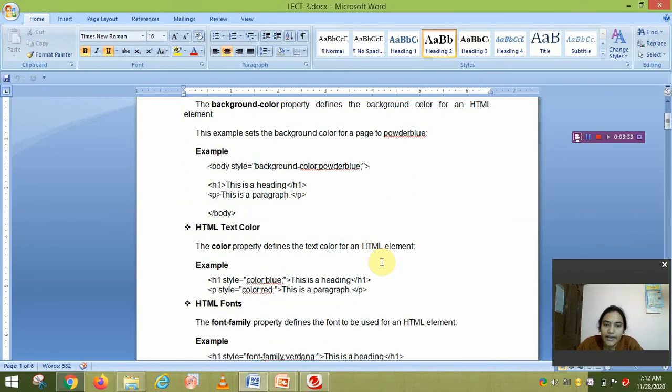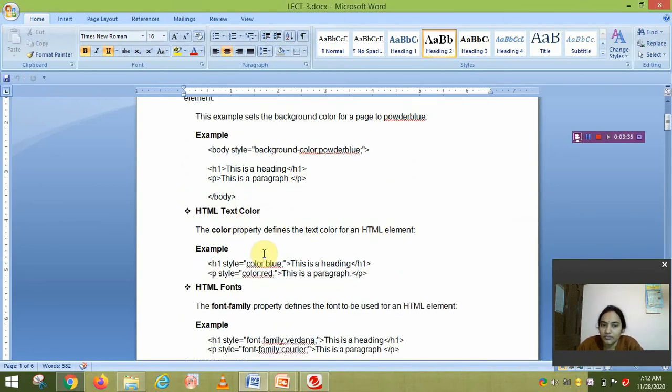Next is HTML text color. The color property defines the text color for an HTML element. That means here also, whichever color of text you want to set is defined here.